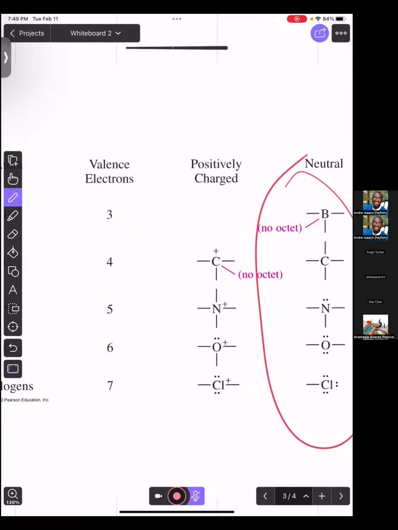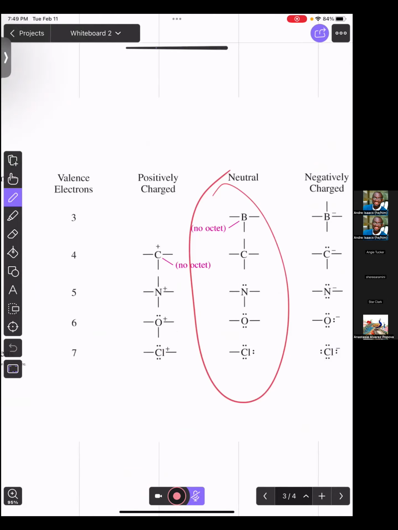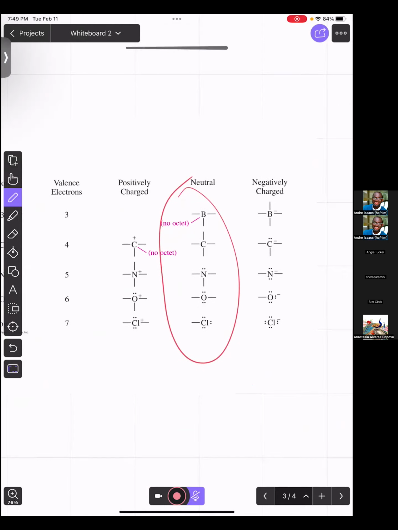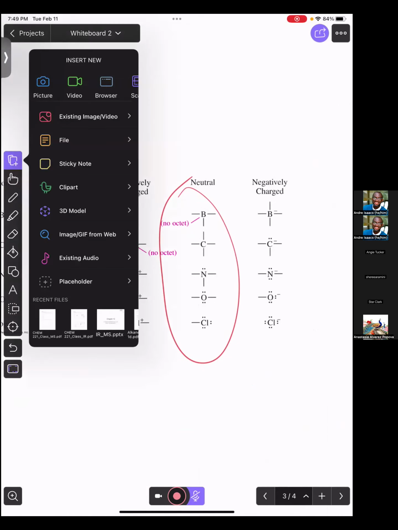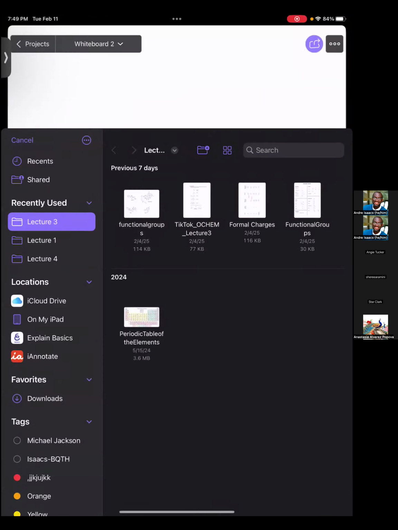All you need to know is the valence electron count for those atoms, and then you can go through and minus the sticks and minus the dots. Okay? Let's now talk about how you can figure out the